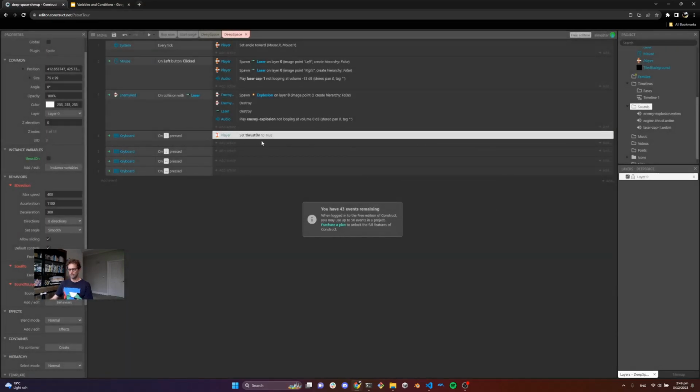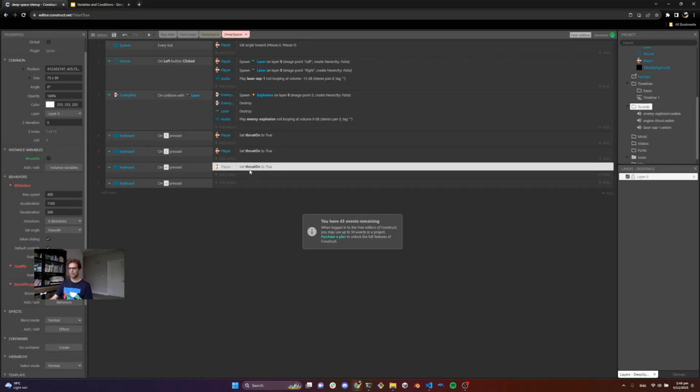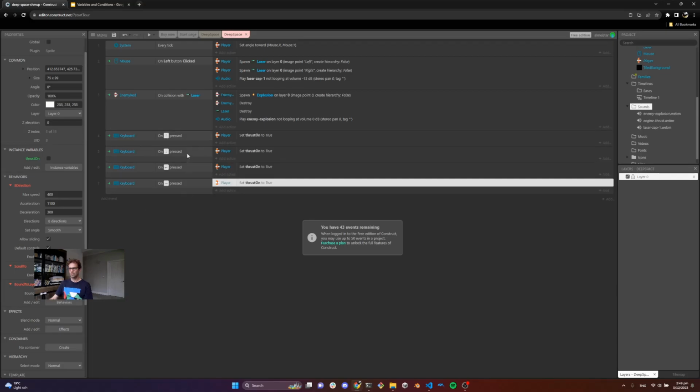Okay, and because I actually want this to happen for all the keys, I'll just copy it into the other input keyboard condition actions, the other keyboard action blocks. Right, so now this sets the variable called thrust on to true. That actually doesn't do anything yet. It's just changing a variable. What we need to do now is to use that variable to decide whether to play